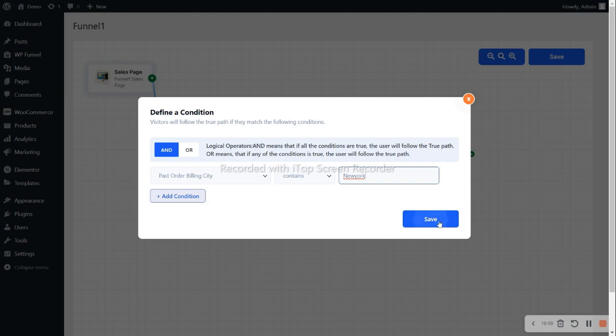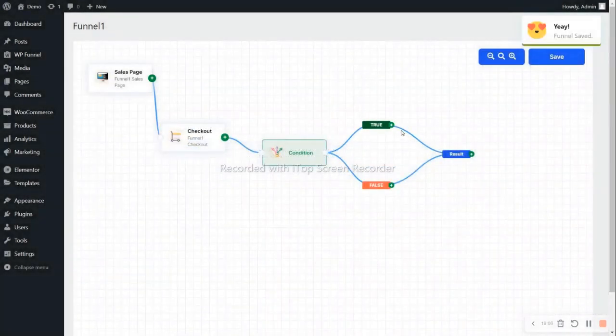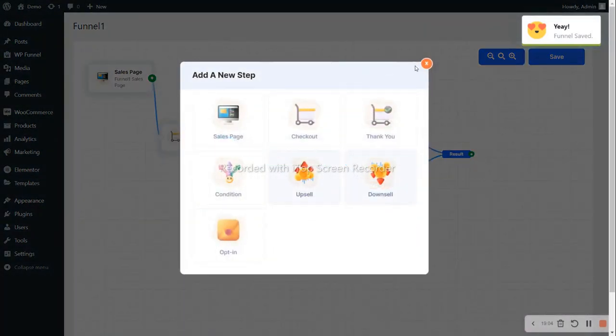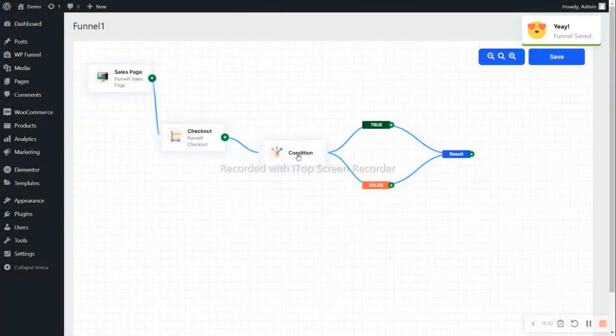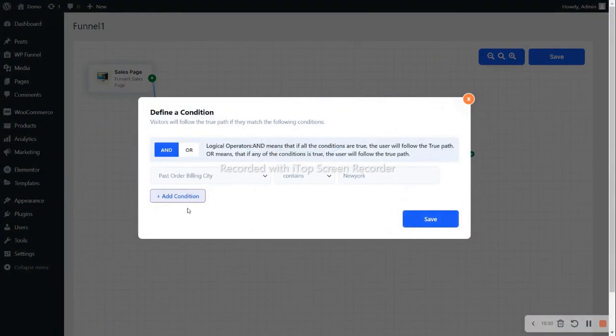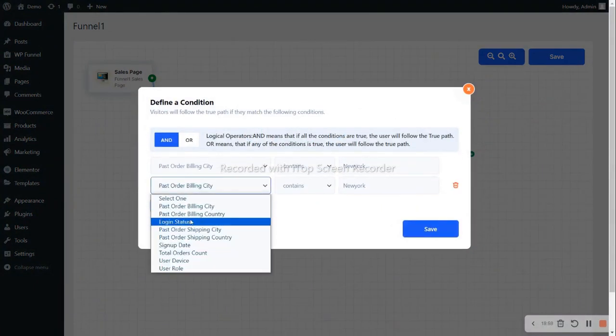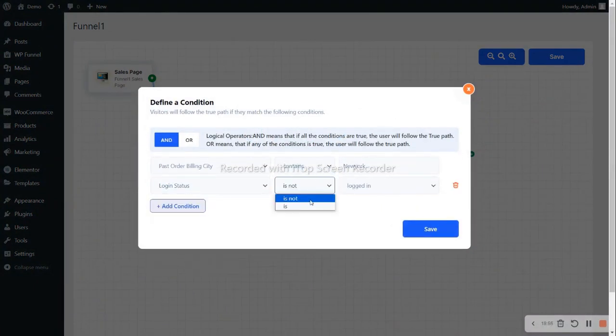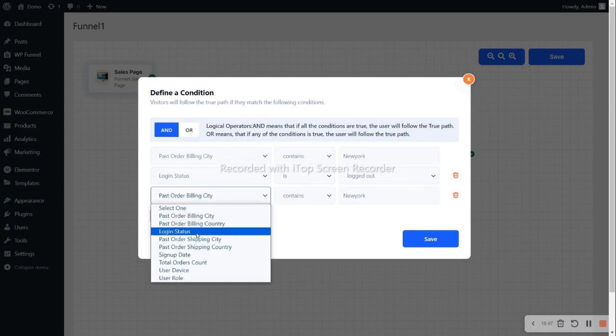So in the true condition, you can select the upsell page. And if you want, you can add a condition on whether the user is logged in or logged out accordingly.